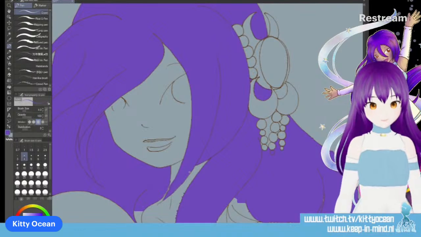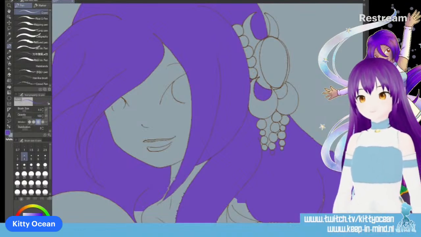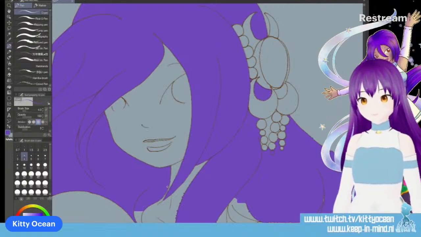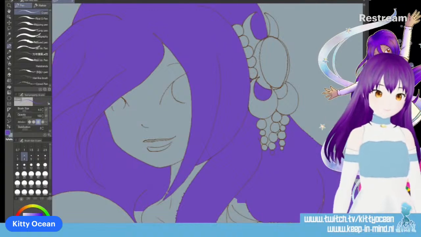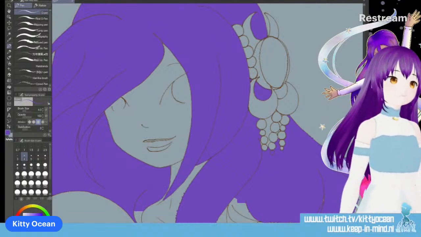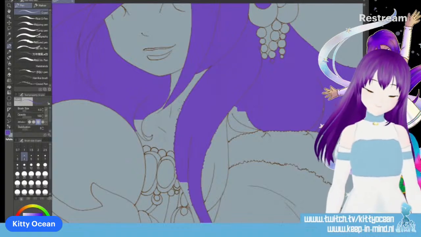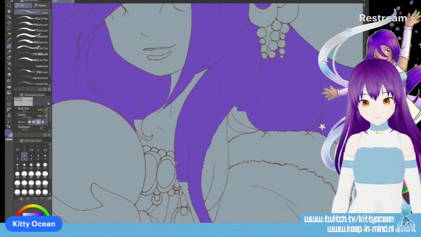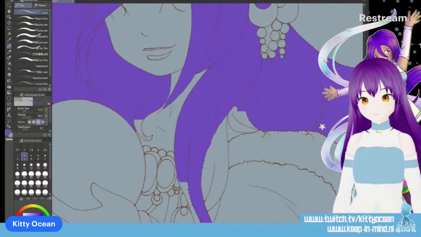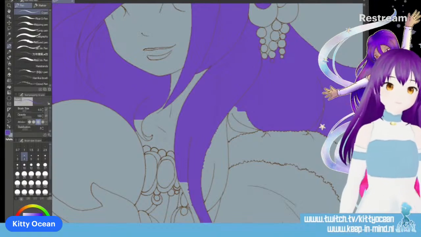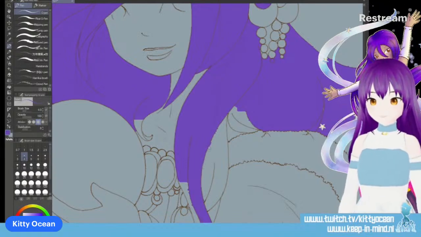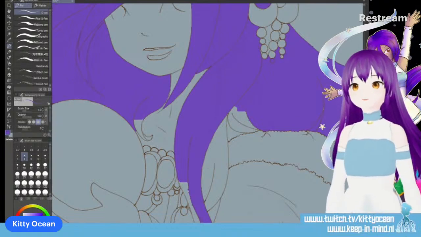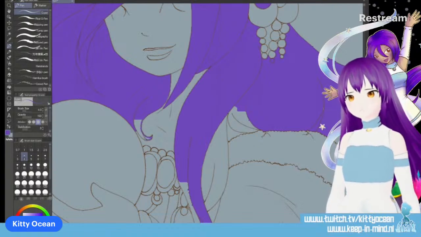This is annoying, such tiny pieces. I like doing hair and eyes the most, so that's why I always do those first. Or at least the hair.